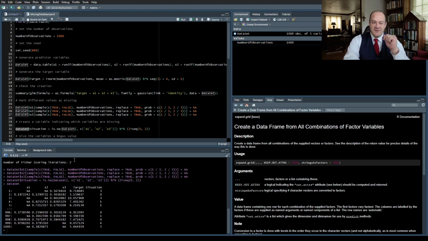And so just to give you an example of this, in situation 3, 1 and 2 are missing. In situation 0, all of them are populated because it's false, false, false times powers of 2. In situation 1, the first one is missing, the other 2 are populated, and so on. Here in situation 4, 1 and 2 are populated, 3 is missing, and so on. So you use the indicators of missingness combined with powers of 2 to mark in what situation you find yourself